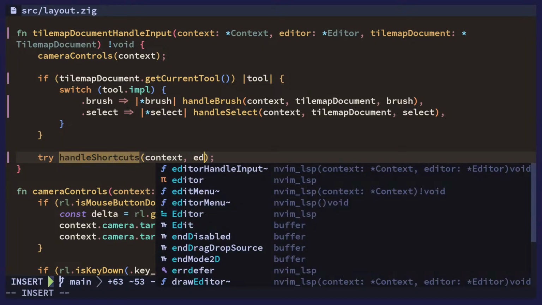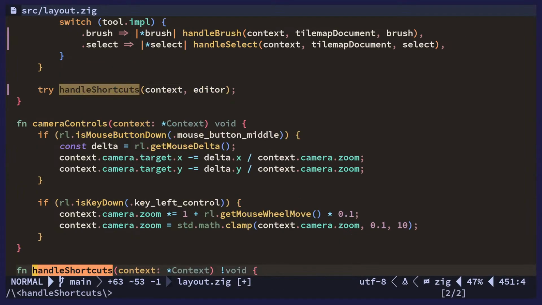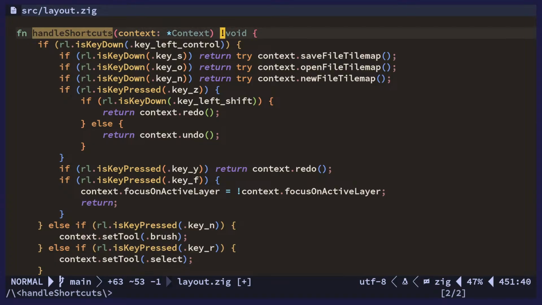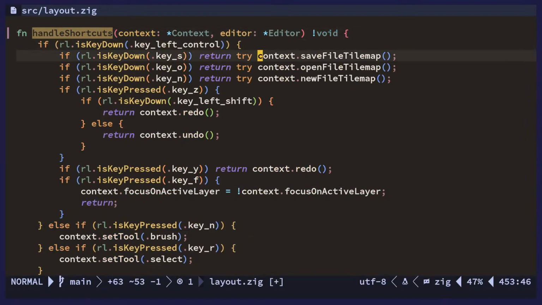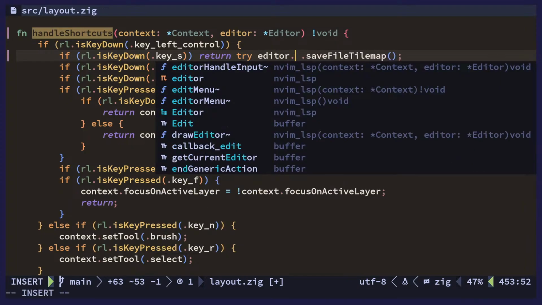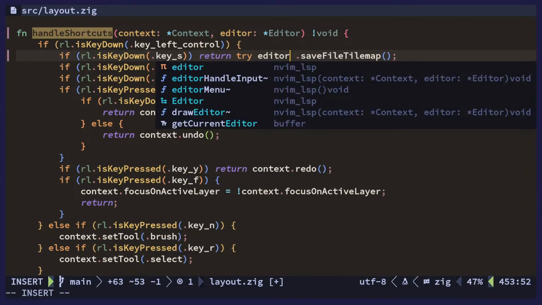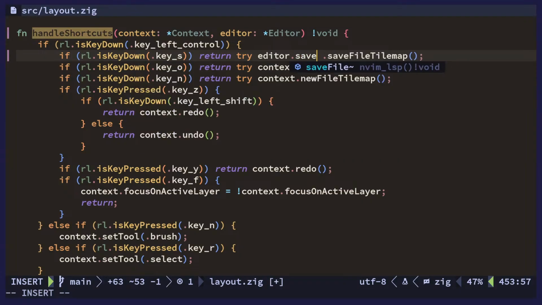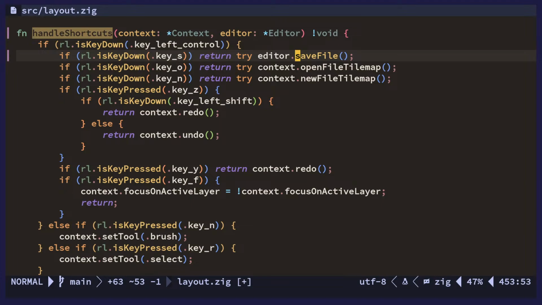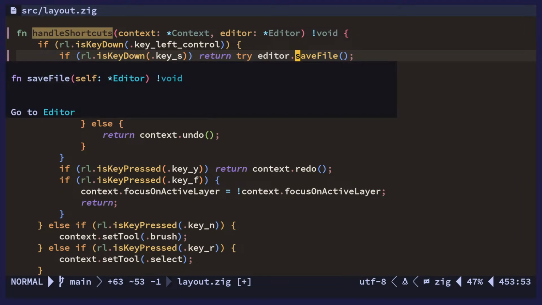So let's pass that in, because I do believe I added a bunch of file saving stuff to the editors. So save file, yes. But the thing is then that